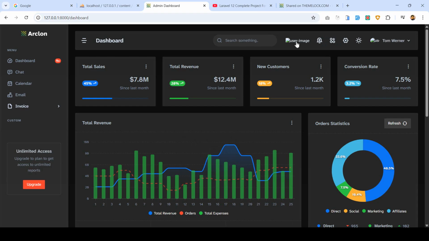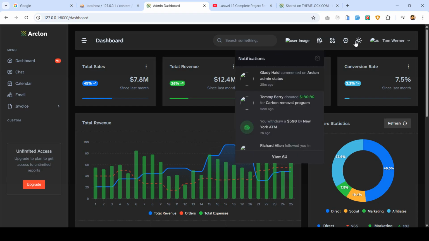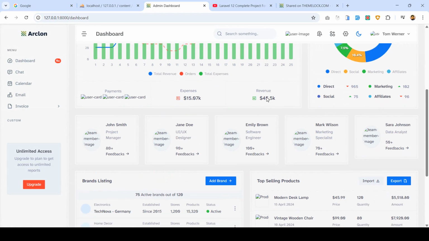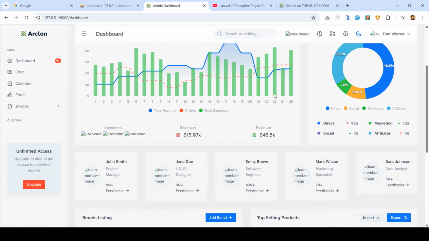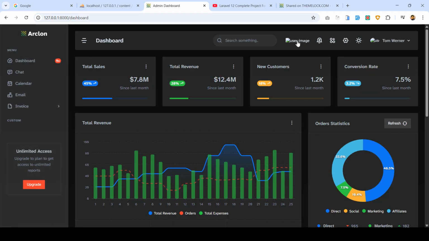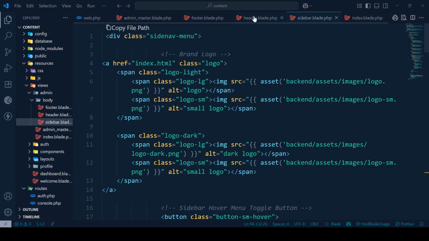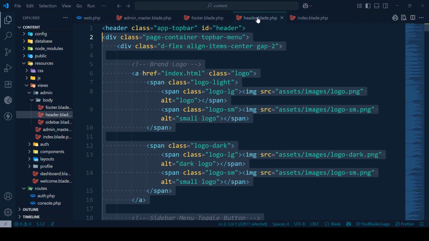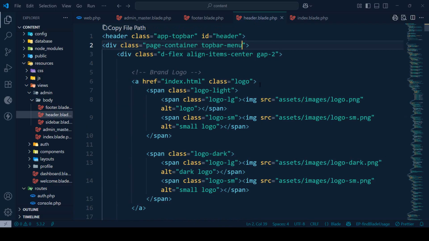So that is our header area. There is also some unnecessary code, and there is our light mode and then the dark mode. Here I want to make it clearer. So if you want to do it, we have to go to our header. Right now the sidebar will not be needed. I want to go to our header area, which also has some